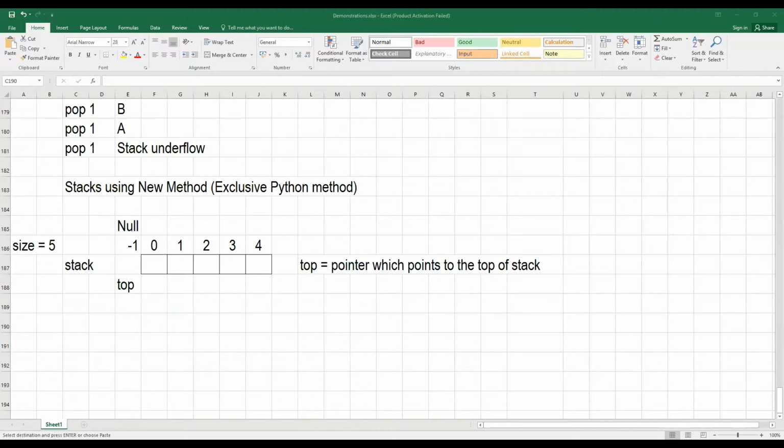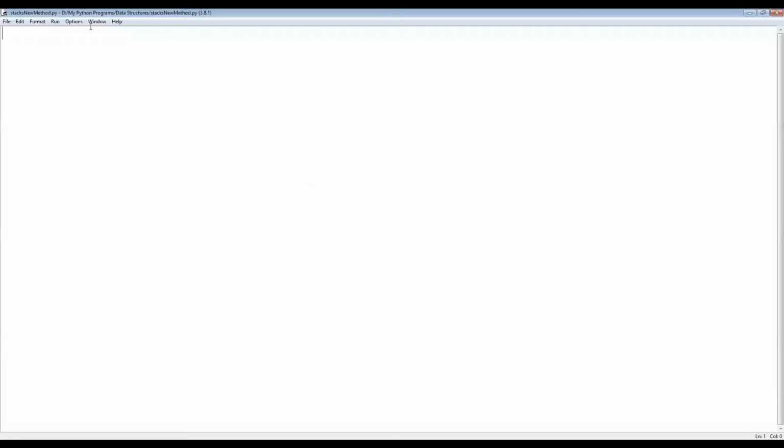First I'm going to start with main. Within main, stack is an empty list. Now there is no constraint on size, but we will take top and give it the value none.